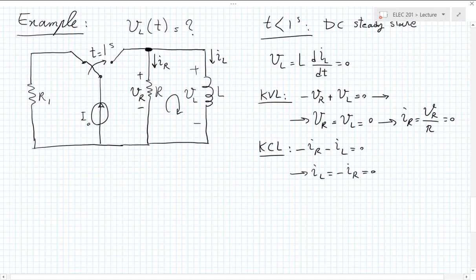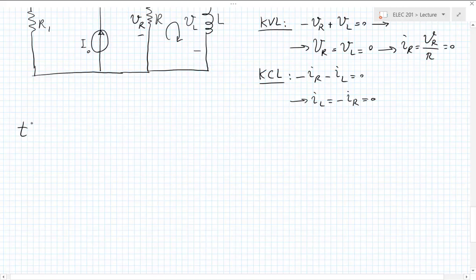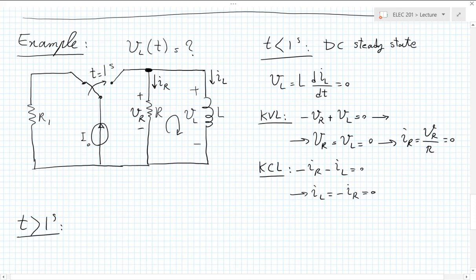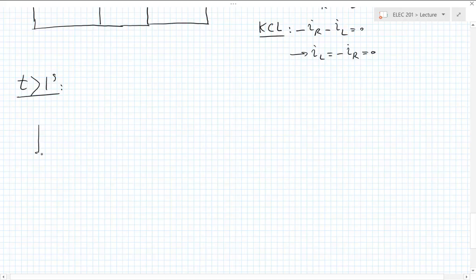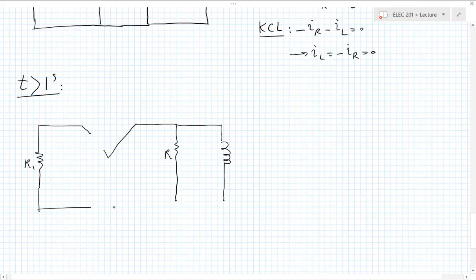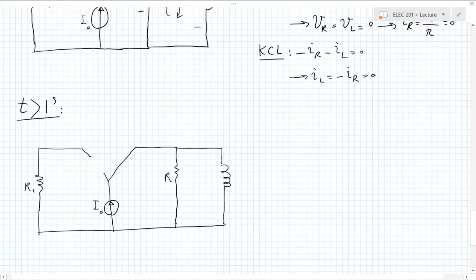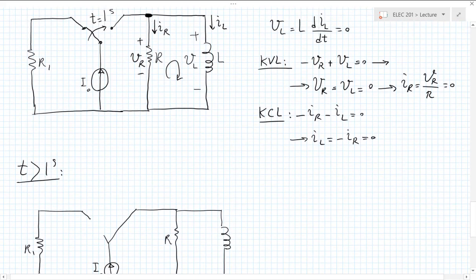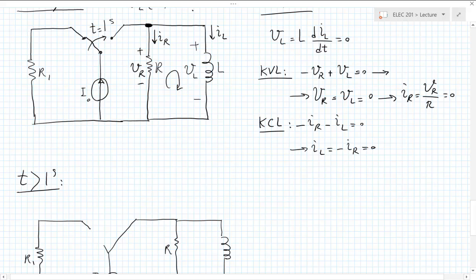Now, for t greater than 1 second, the circuit has changed, so the switch is the other way around. Let me draw that. This is open here, but closed on the other side. So all of a sudden, in the top branch here